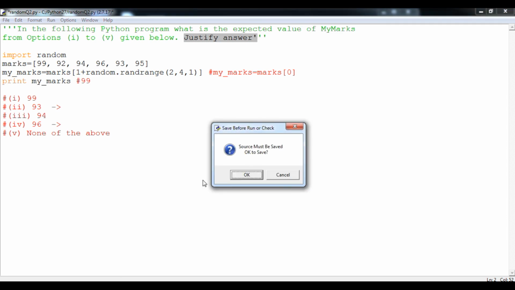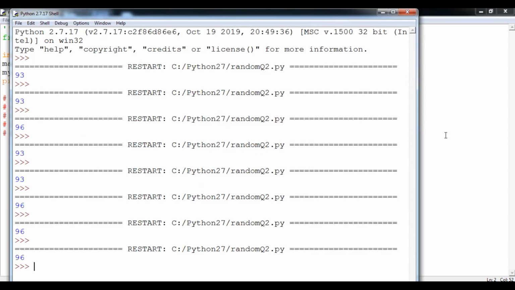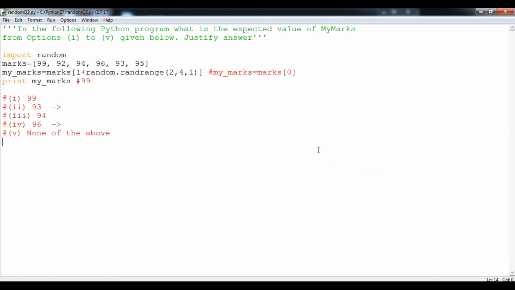I hope, student, you have learned how to get the possibility of the output of the randrange function along with indexing. In this particular program, we are getting the output from the list element with the help of indexing. Till then, student, thank you and have a nice day.